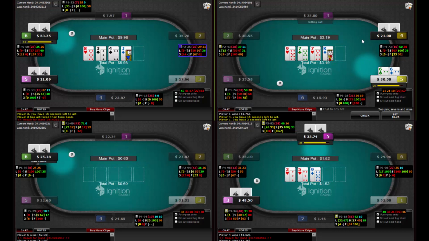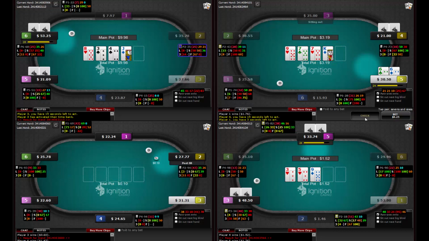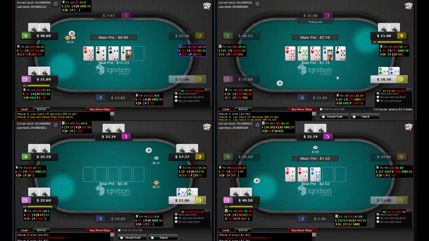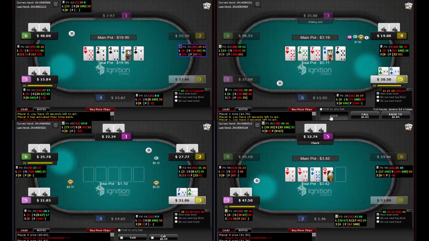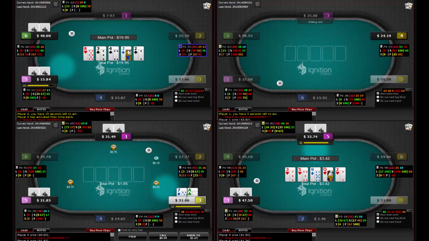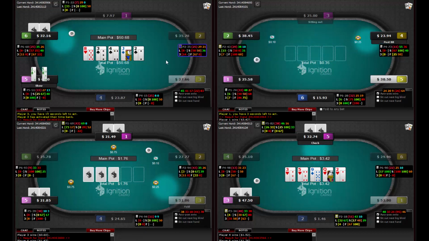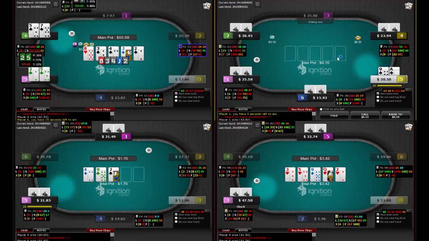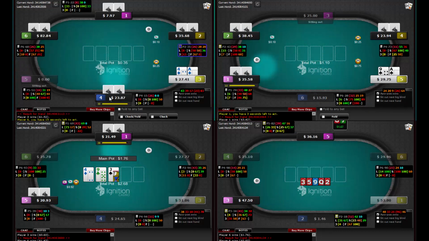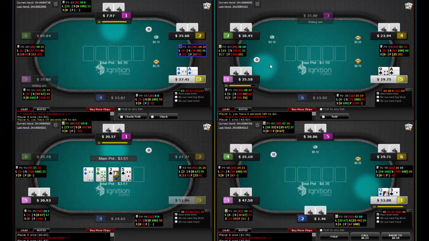Now we got a call here, and I think it's a board we should get a fair number of calls on with weak ranges, but yeah, we can fold here. All right, unless I think he's value betting fours there, then I'll just fold. Value betting a worse hand. I mean, and that would have eliminated, so